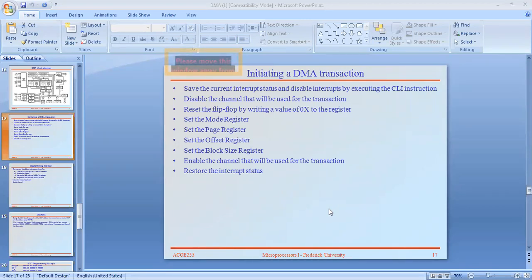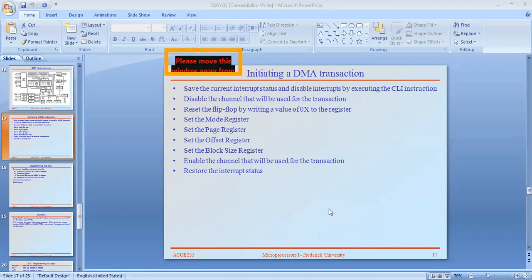Disable the channel that will be used for the transaction. Then reset the flip flop, simply by writing to that register.